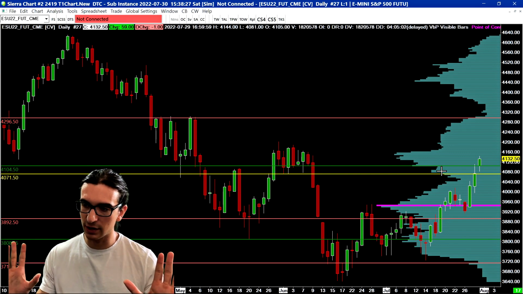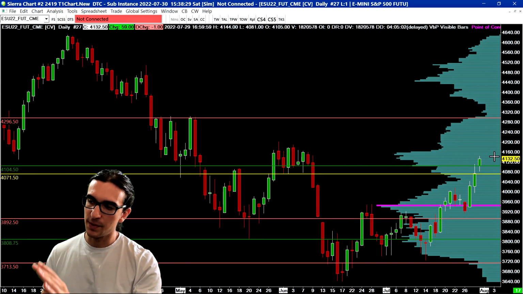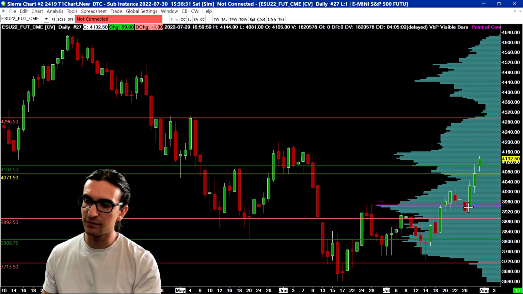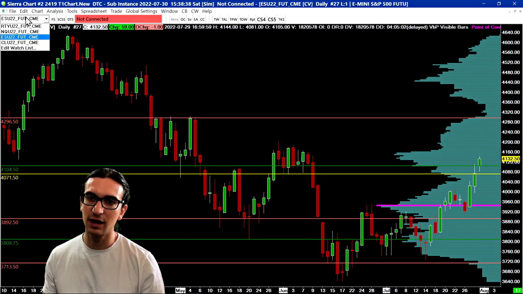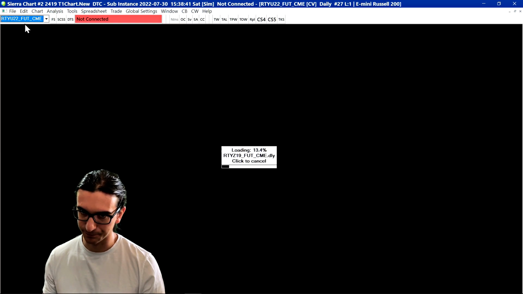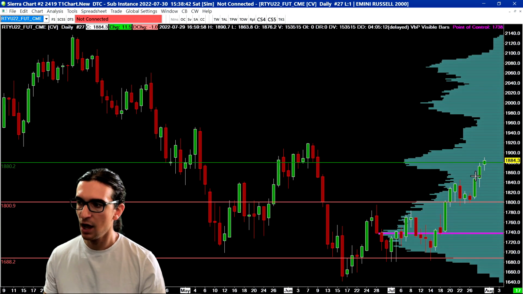Okay, so I don't want to go on too many tangents here, but basically, the basic perspective is that I believe the S&P 500 is into a supply zone on the daily chart. Let's go overhead and look at the Russell 2000 now, because it's very similar. You can see on the Russell 2000, we're basically trading right into this supply zone on the daily chart, which I believe is at 1880